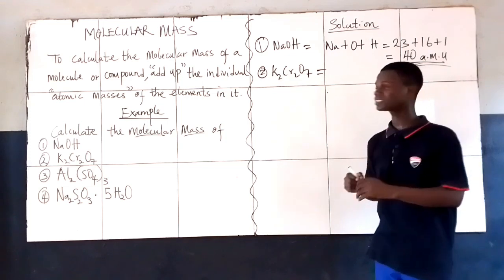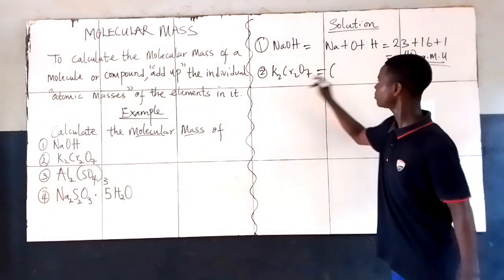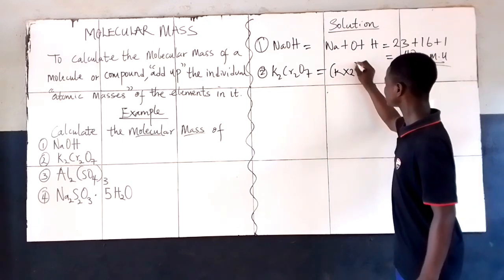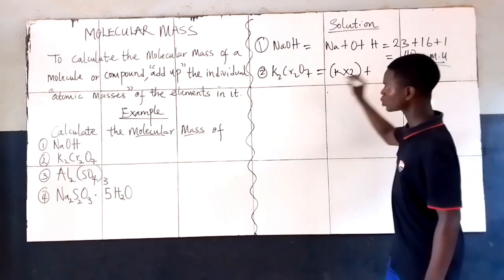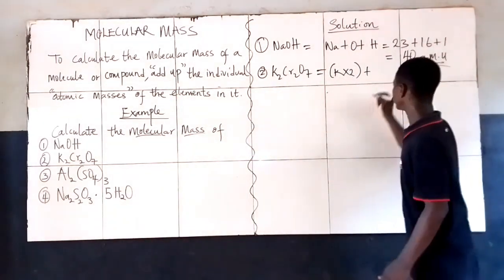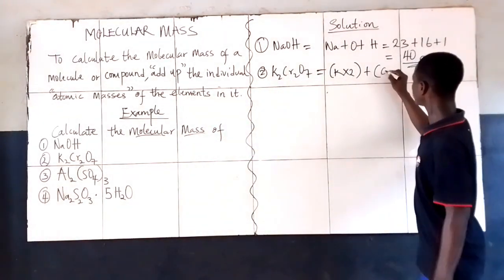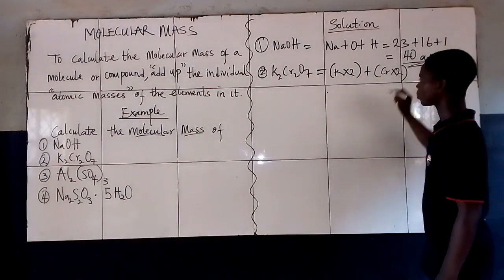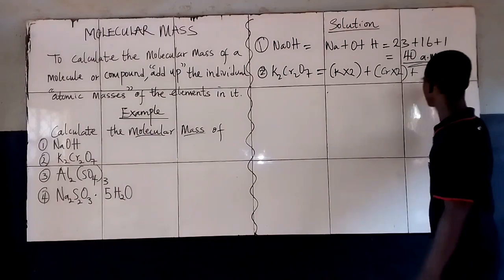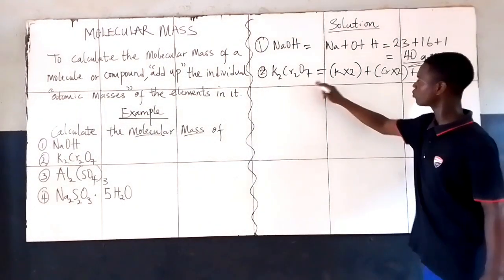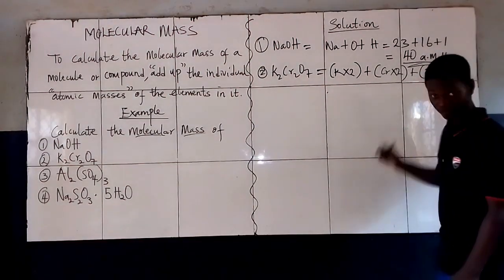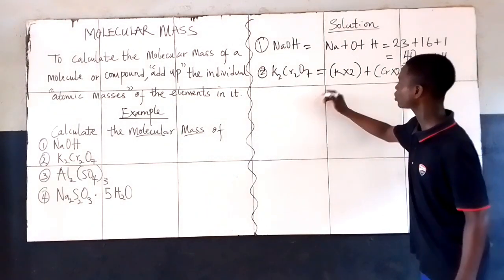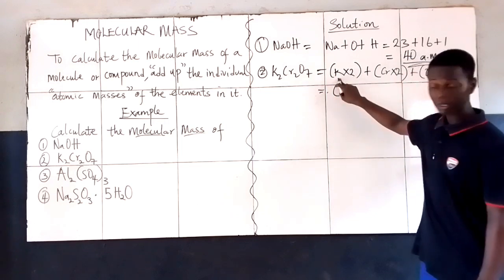So if I was to expand this, this is what you should do. The first element is potassium. How many atoms of it? You have 2, so you times it by 2. Then you add, because what we are basically doing is addition. The next element is chromium. How many atoms of chromium are you seeing? 2, so you say times 2. Plus, the next element is oxygen, O. How many atoms of it are you seeing? It's 7, is it not? Good. Now you have to know their individual atomic masses before you can actually solve this question. What is the atomic mass of